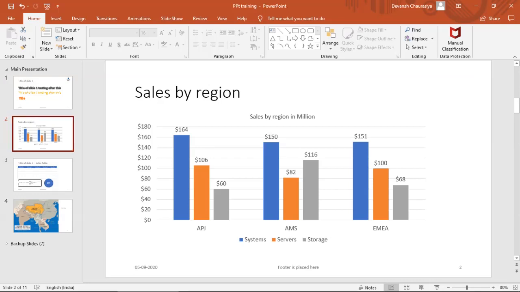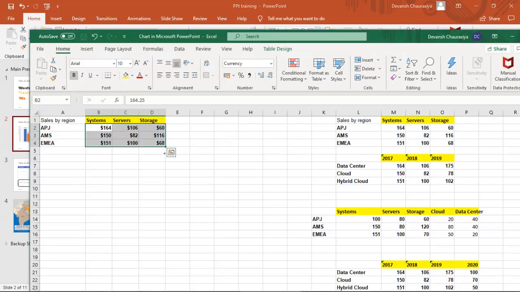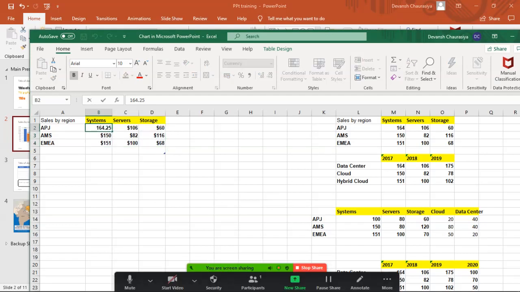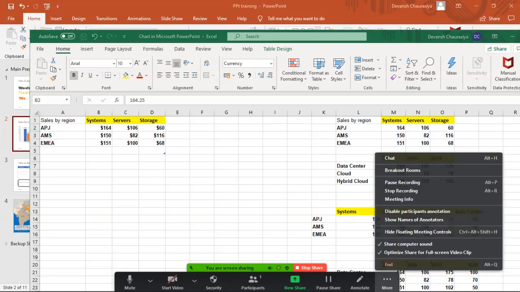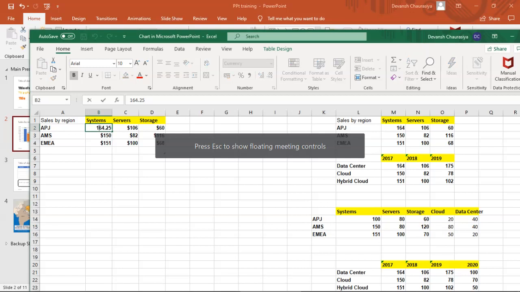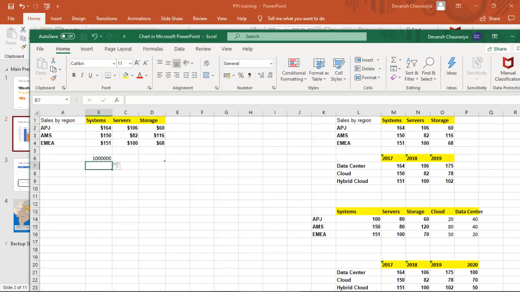Now let us say I go back to my PPT and I actually make it million, which is if I multiply every cell by one million. Equals this times this.